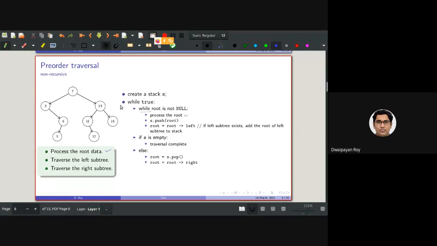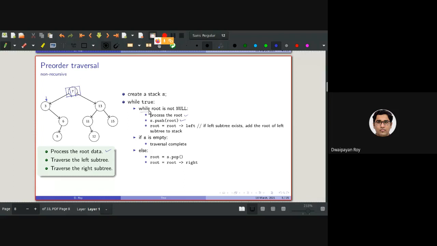As we have discussed, if we consider this as the current root, the left subtree contains this, and the right subtree contains the address to this. So we will be changing the root pointer from here to here, but we need to come back to the right subtree as well. So that's why we need to push it.